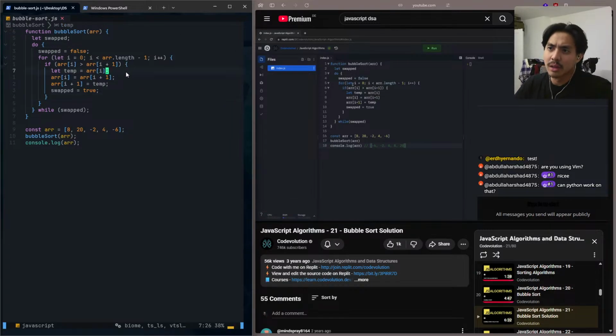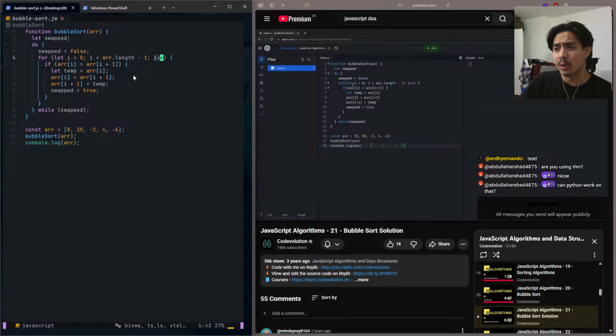Yeah. Because we basically create a temporary variable to store the first number. Let's just say it's -6. Since -6 and -2 is already correct, it's just gonna run through this. If array of 0, which is -6, is greater than -8, which is false, it's just gonna skip and go back to the for, and then it's gonna increment this, so it's going to be